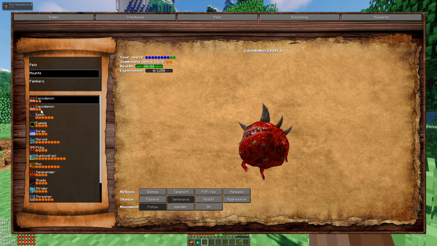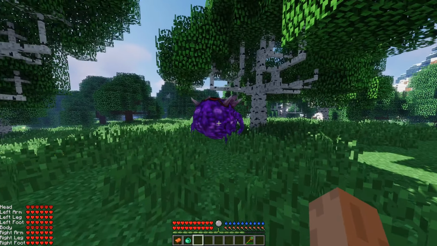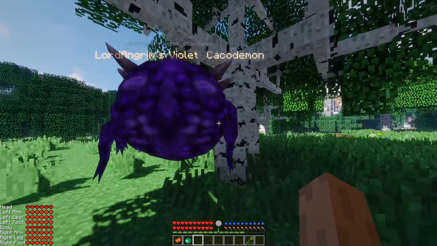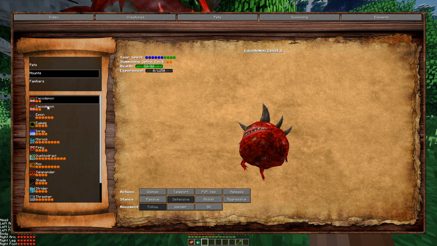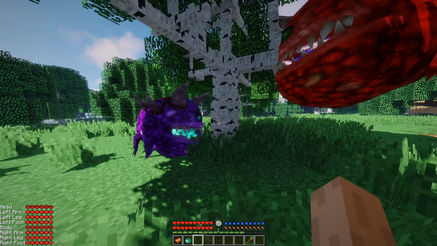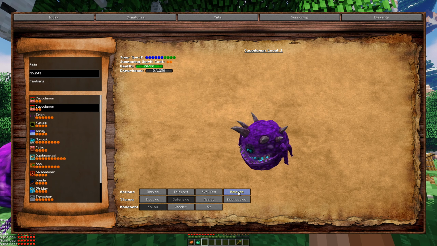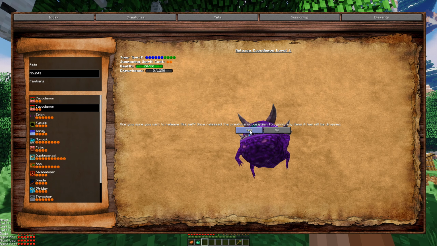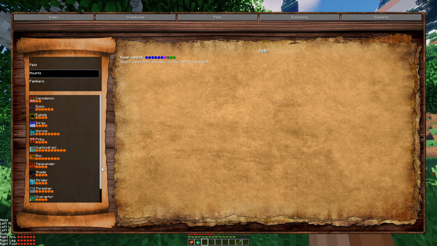Now you might notice that I have 2 Cacodemons as my pets. This is because this Cacodemon here is a violet Cacodemon. What I intend to show with this example is that you can summon different colorations of creatures and they will be differentiated in your bestiary. So do not worry, you can have multiple of the same creature, even if they are the same color. If however it gets too cluttered and you'd like to get rid of them, you can always do release. It asks for confirmation, but now he is no longer our pet and we no longer have him here to clutter